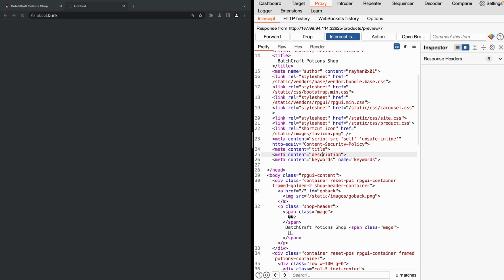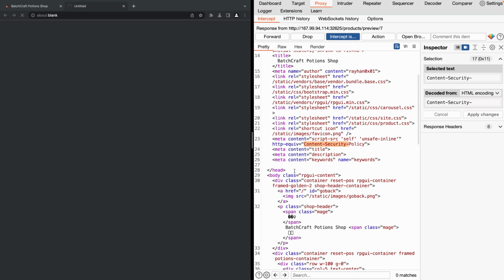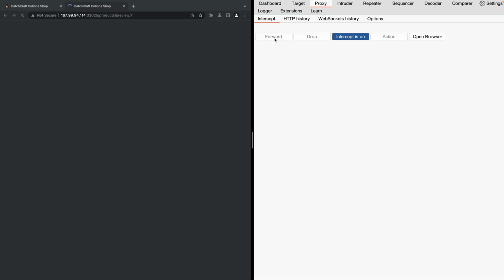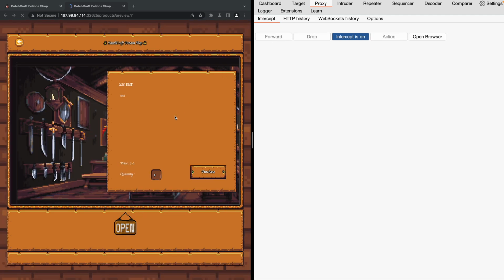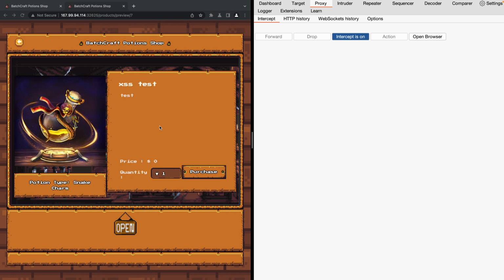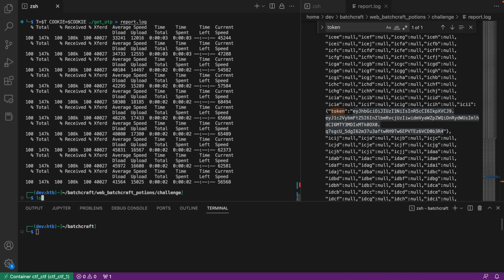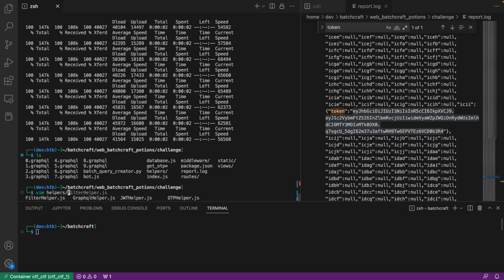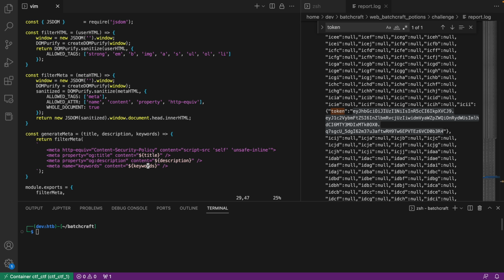One thing that's interesting for title and description is I'm not seeing the property attribute, which was in the filter. So I'm wondering if I can maybe do something funny with either one of these two to try to update the content security policy. So I will forward that to the browser, and essentially some back and forth to try to figure out where the XSS was. And what I ended up doing is, if we go to the filter helper,